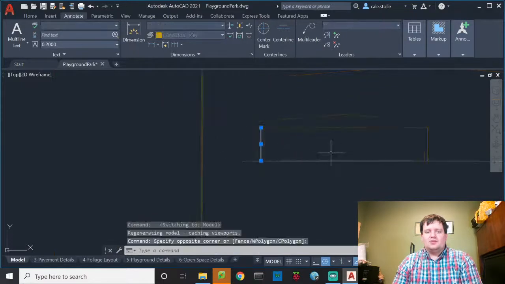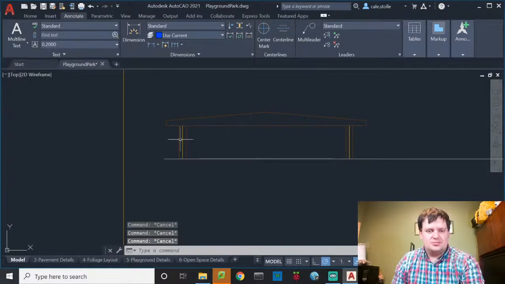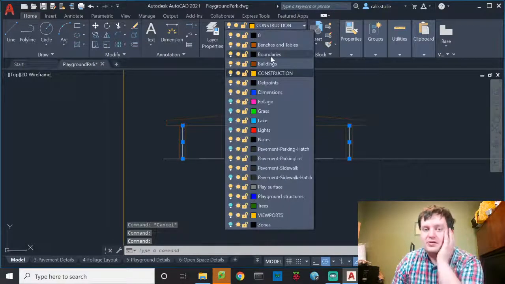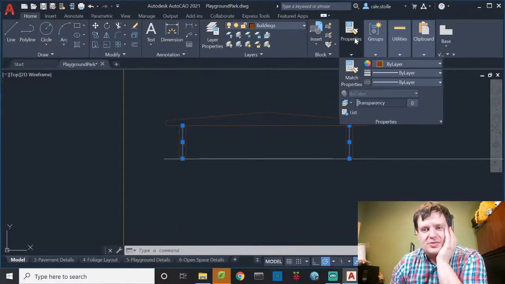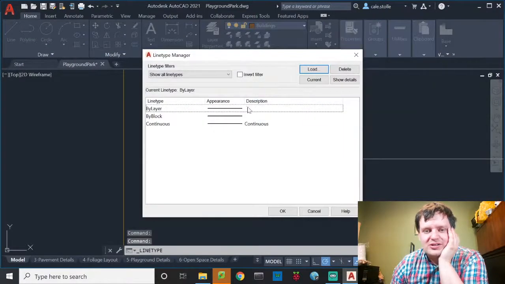So select these two, take them out of the construction layer, because right now they're in construction and they won't print. So I have to put them in buildings. And then what I'm going to do is go to my properties, and I'm going to click right here. Okay, this specifies line type. I'm going to go ahead and go to other,